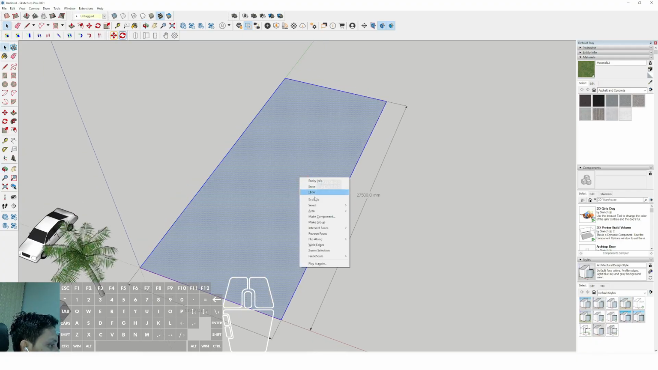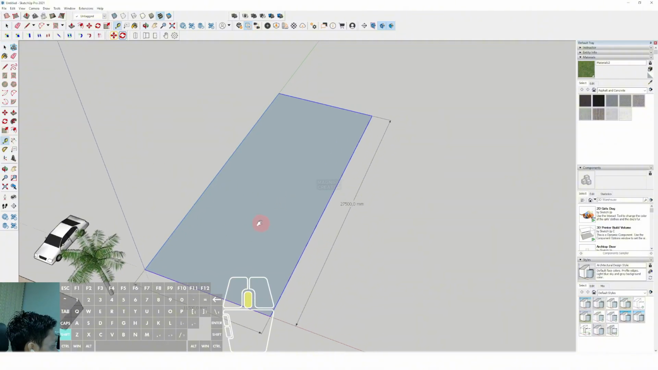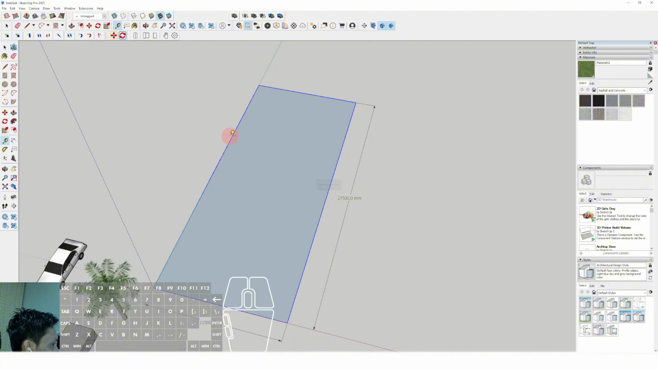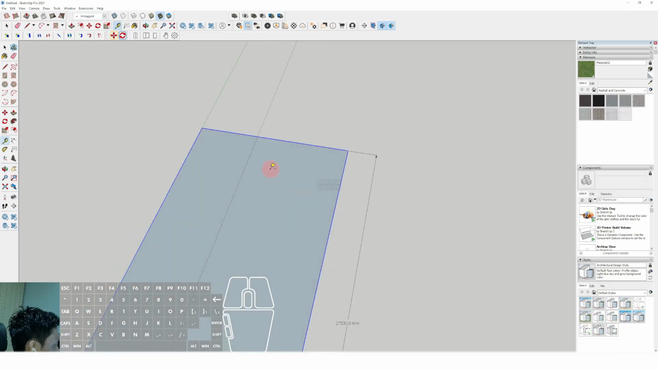So I have to make it a group. Then we can use the tape measure tool to make the guideline of every single wall over there. For the starting point, we can choose this edge, and we can drag to the other side, to the right side, around 4.5 meters. Okay, so anyway, this is my project, so I have to synchronize with my design concept of this